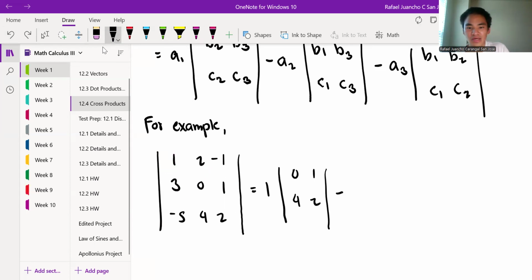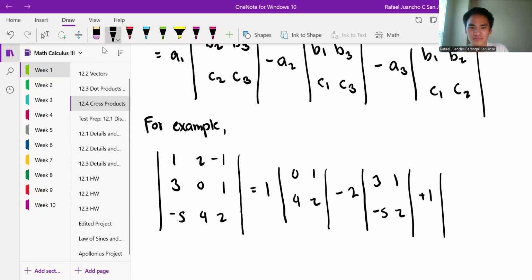Okay, minus 2, because that's our next one. We get rid of everything in that column. So we have 3, 1, -5, 2. Minus -1. Minus -1 means plus 1. So we get rid of everything from that column. So we have,